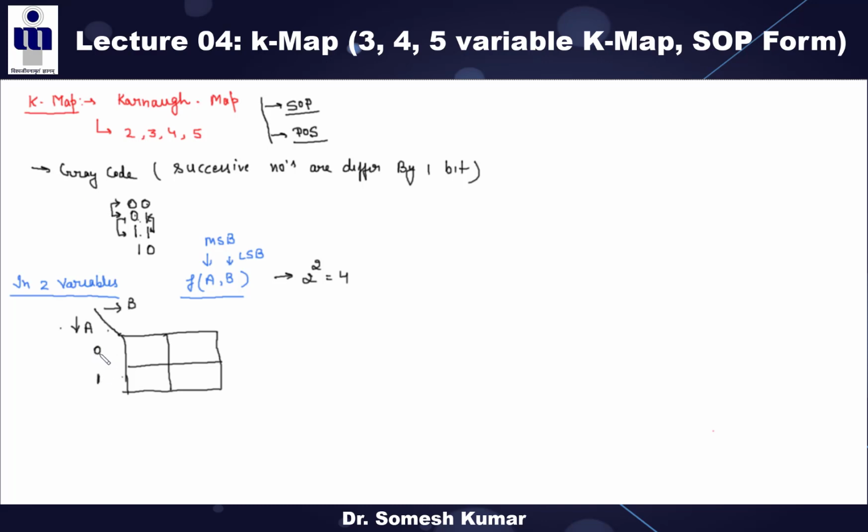So both this first number and the second number, there is a difference of 1 bit, right? So similarly here, there is a difference of 1 bit. This is the way of assigning the weights to this K-map, right? So here the 0 means A bar basically, right? Here the 1 means only the A, right? Similarly, here the 0 means B bar, right? And here the 1 means only the B, right? This is the meaning of this thing.